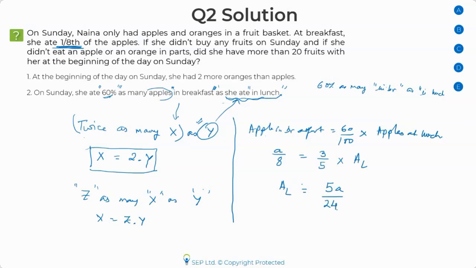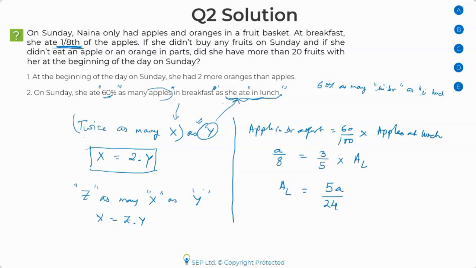Now again, a lot of you will say, okay, this is again an equation that is not useful, let me just chuck it and move on and end up marking the answer either as C or E. But tell me, what is the implicit inference I can make here about a? I keep saying assumption, my bad. What can I infer from 5a/24? Keep in mind, she did not eat any apple in parts or anything like that. Very good, that's correct.